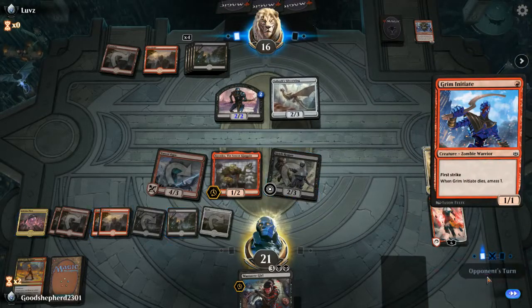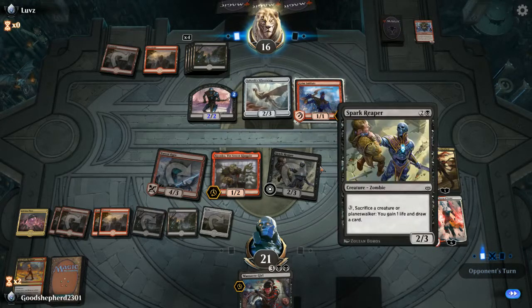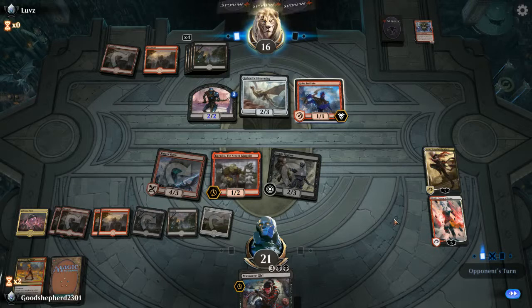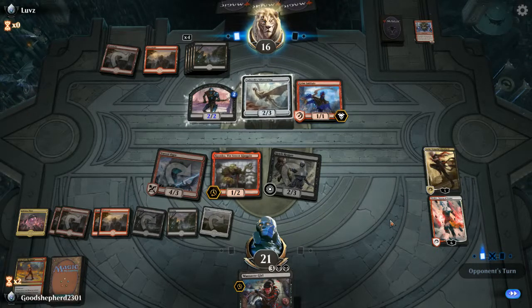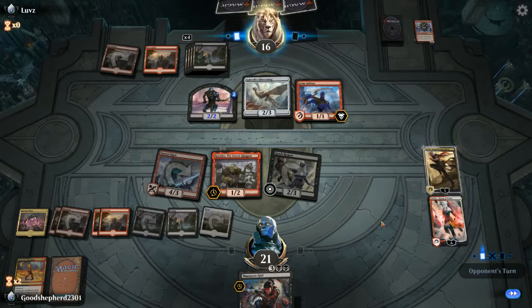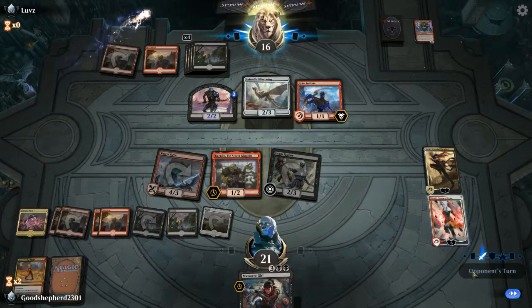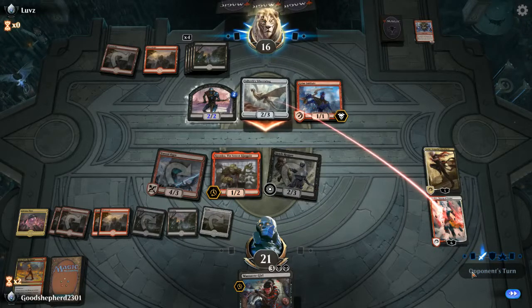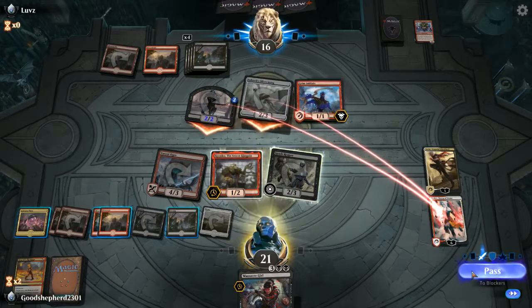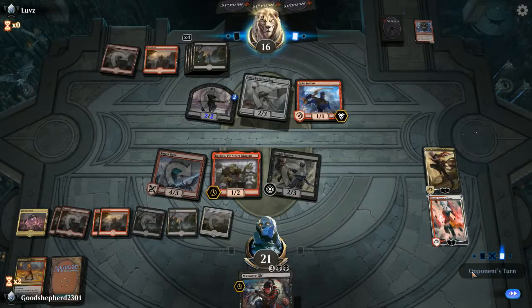Grim Initiate. Okay, this guarantees I can wipe the entire board now, thanks to my own Krenko. I want him to play some more creatures. There's no toughness high enough that it'll survive. In fact... Okay, sure. As I bleed, so shall you. Come on, play something big. Play something big, so...